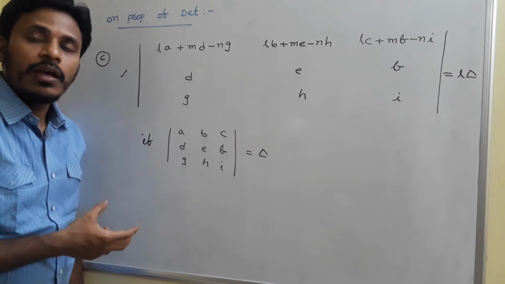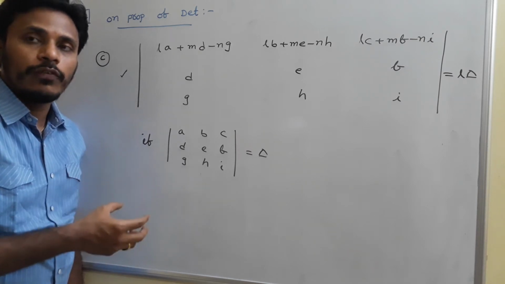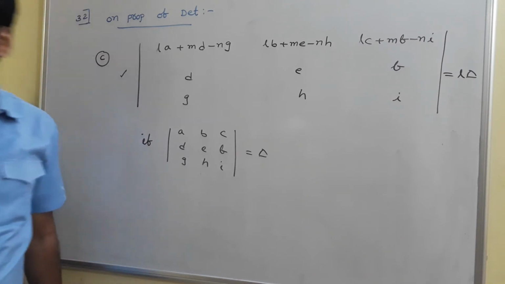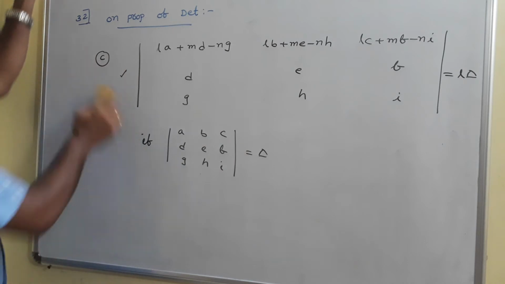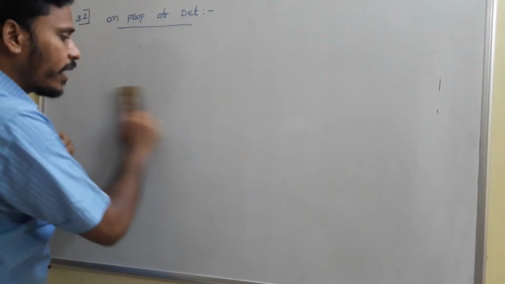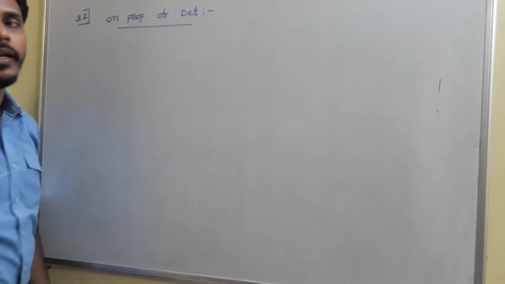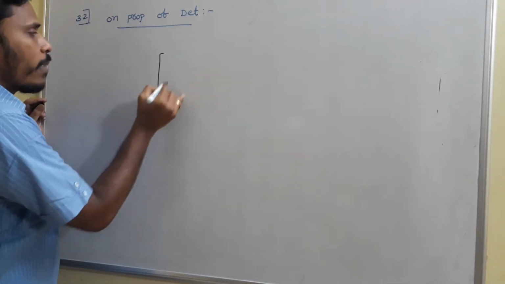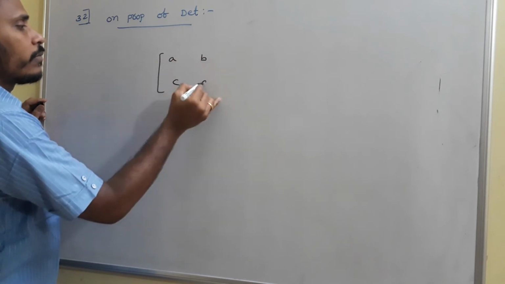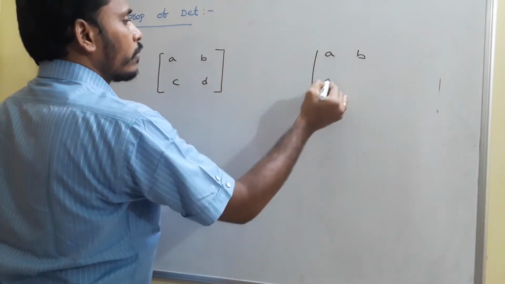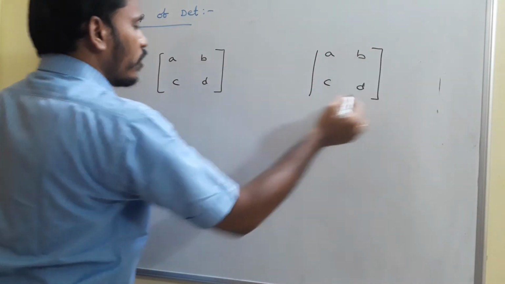The next point, specifically I am going to give you row transformations and column transformations. And before going to that, you need to have a good idea. You need to maintain a difference between the matrix and the determinant. Suppose I have a matrix like this, A, B, C, D, and I have a determinant A, B, C, D. You just note these things.